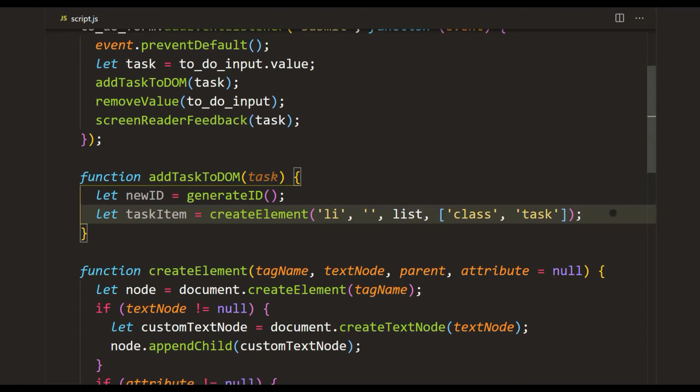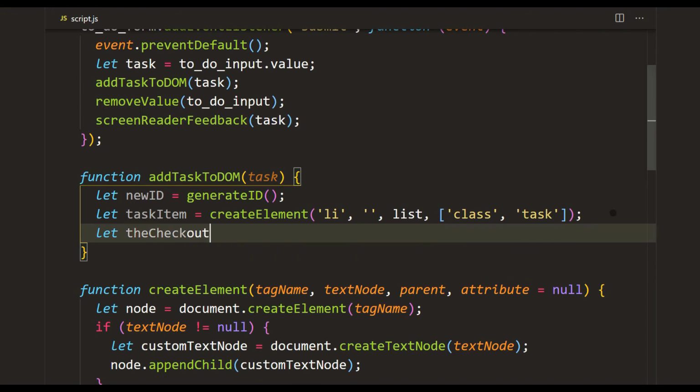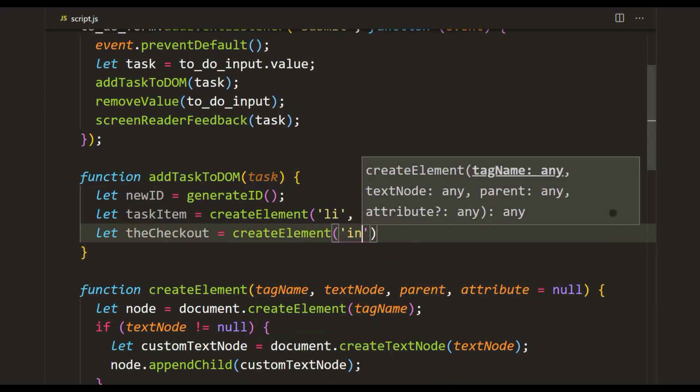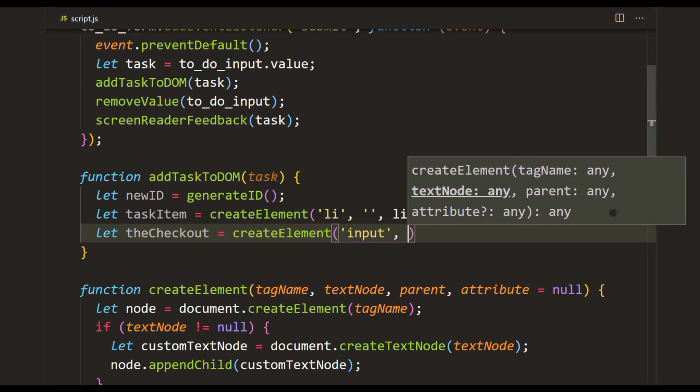Now we're going to do the checkbox. I'm going to say createElement. The tag name is going to be input, and since checkboxes have no text, we're just going to say null.